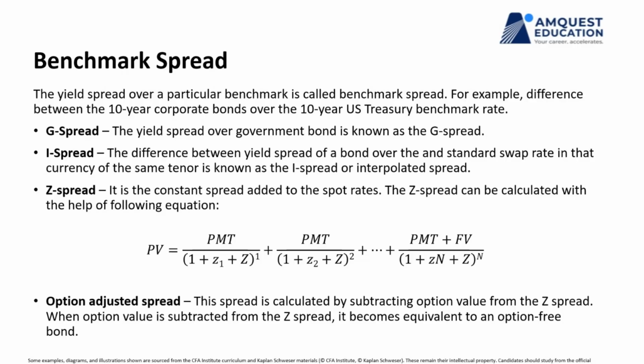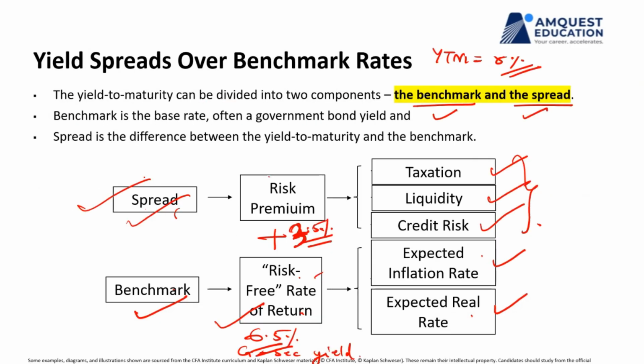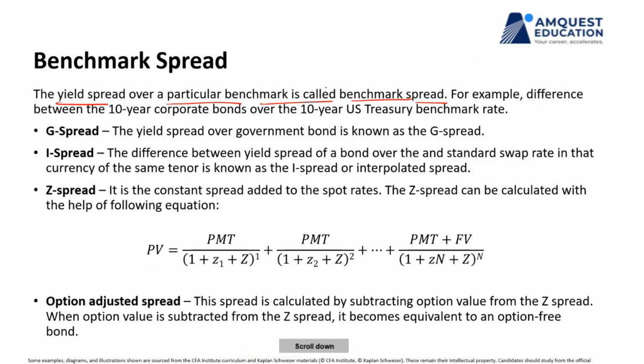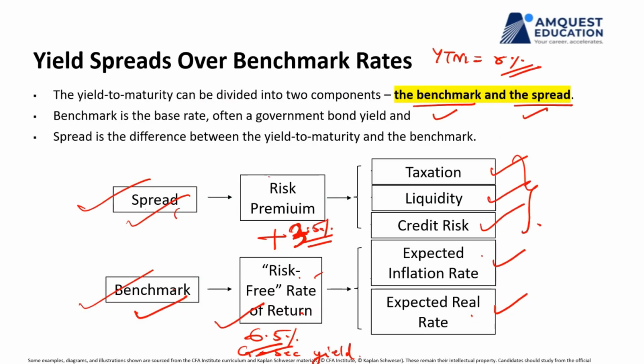So the yield spread over a particular benchmark is called benchmark spread, right? The generic word is spread, but over a particular benchmark, it is called benchmark spread. For example, difference between 10-year corporate bond and 10-year benchmark rate, that is a spread. First one is G spread. The yield spread over government bond is known as G spread. Simple. The one which we talked about in the previous example is a government bond spread, so that